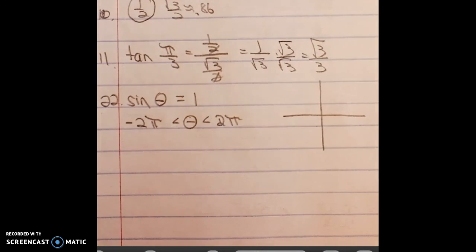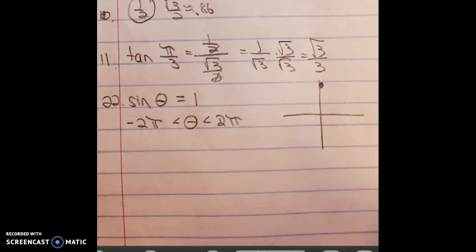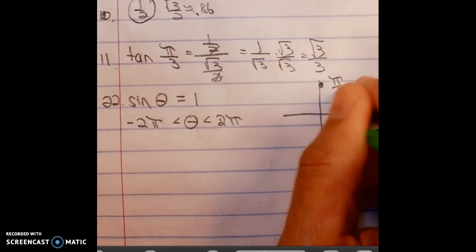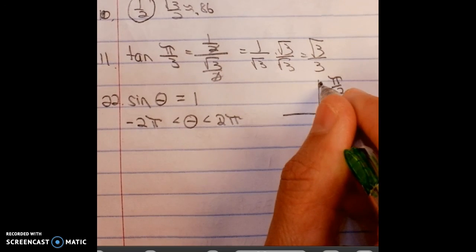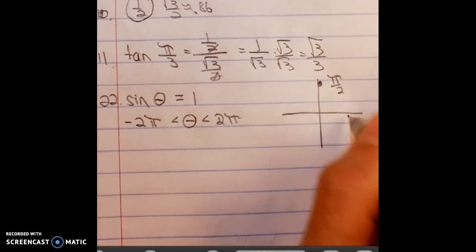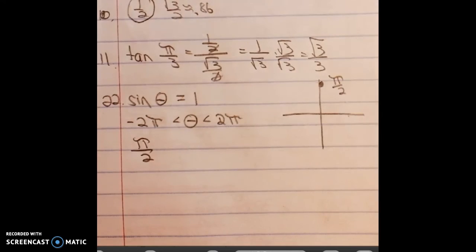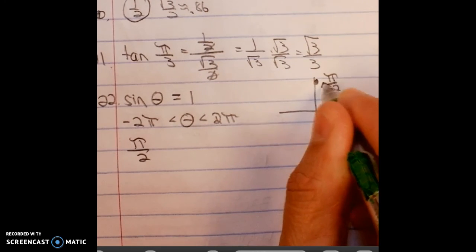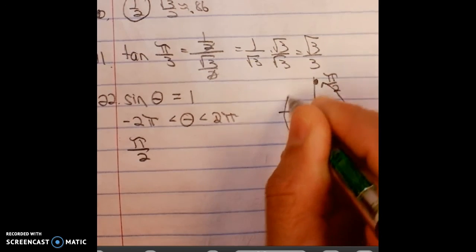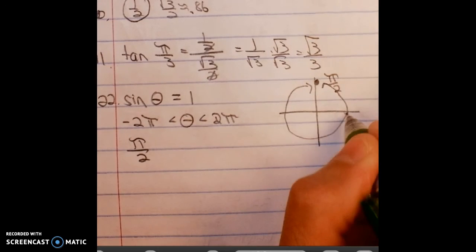Where is the sine equal to 1? It's equal to up here. So that's equivalent to pi over 2. Now if I go all the way around again, that's greater than 2 pi. So one of my values is equal to pi over 2. The other way I could get to this point, I could go clockwise, which corresponds with a negative, and